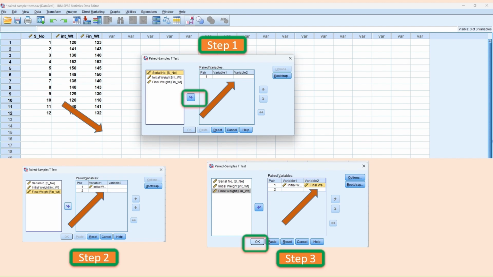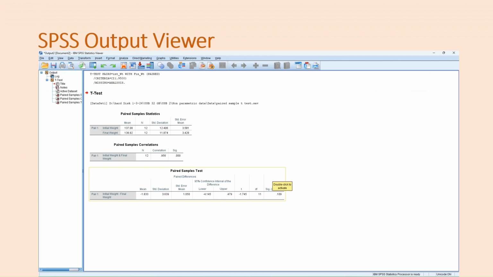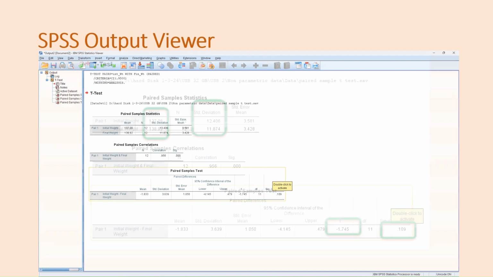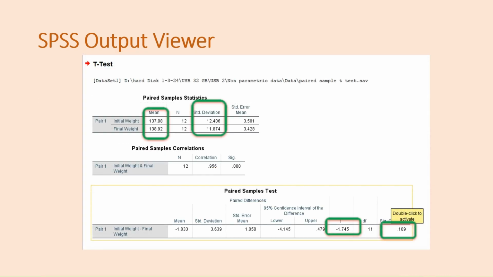The SPSS output window will show the results of the paired sample t-test. The first table shows the paired sample statistics: initial weight mean, final weight mean and standard deviation.